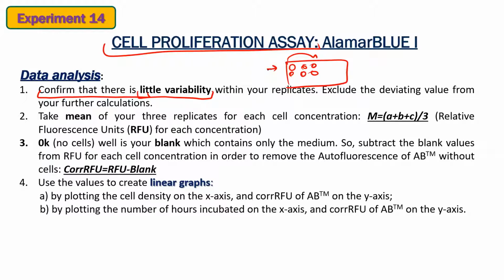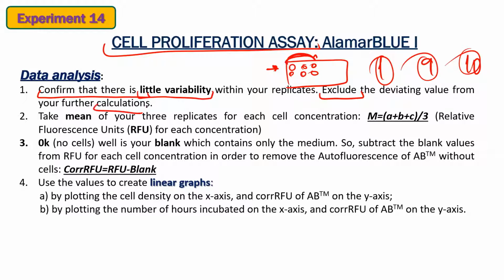If, let's say, in row A, for triplicate set 1, you have 1, 9, and 10, of course, it means that one of those is really the outlier. So this variability, or variance, would be very, very wide. So that's how you apply statistical methods to identify the outlier and, of course, exclude it